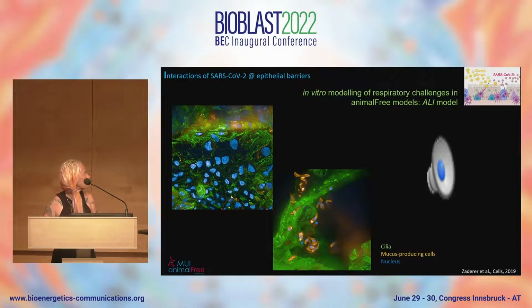And this is how it looks. So we have a nicely differentiated pseudostratified epithelium with ciliated cells, which,